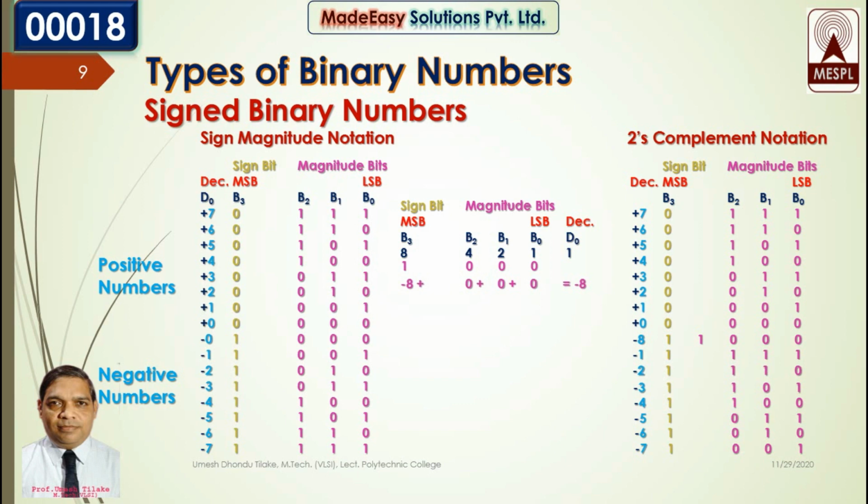We will take one more example, 1 1 0 1, that is this one. So we must get minus 3. So let's write, it is minus 8, 1 multiplied by 4 that is 4 and 1 multiplied by 1 that is 1, 0 multiplied by 2 is 0. So we will get minus 8 plus 4 plus 0 plus 1 is equal to minus 3. Thus you can find magnitudes of any binary number written using 2's complement notation.